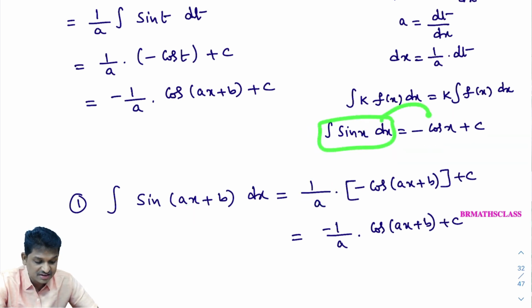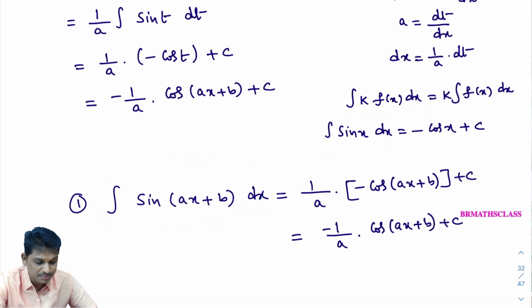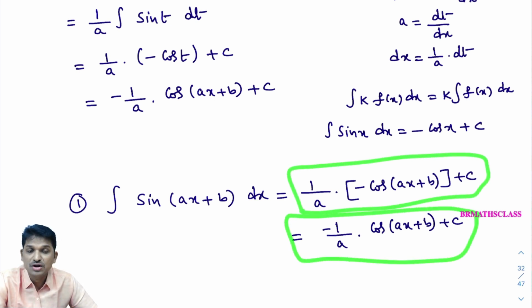Here integral of sin x dx is minus cos x. So integral of sine of ax plus b, I will write minus cos of ax plus b plus c. Here a little bit of simplification is there. That's why I simplified and got it like this. This is very important. Whatever problems I am doing in this class, all the problems we can do by substitution method. But I don't recommend doing them by substitution method. Why? Because later on, the substitution method creates unnecessary distraction and disturbance. The best method whenever you see this type of problem is to directly write the answer. That is what I recommend.